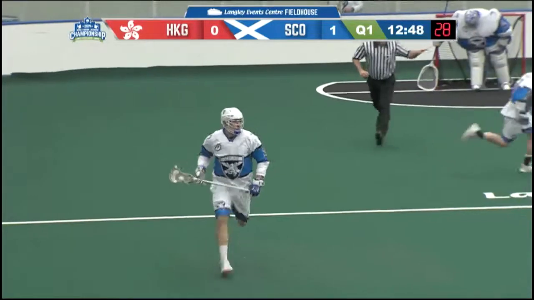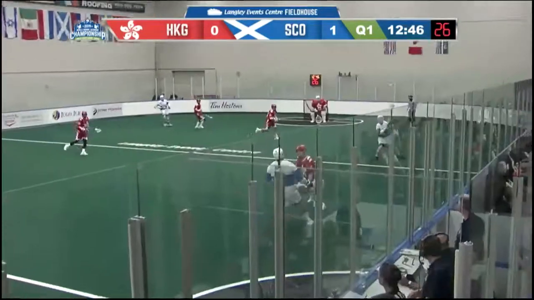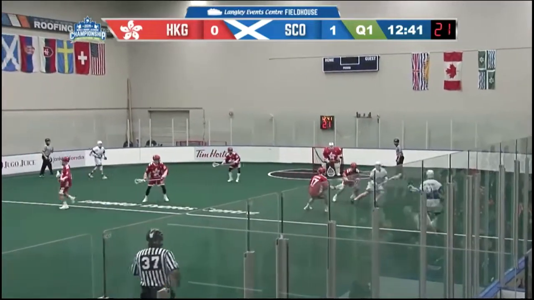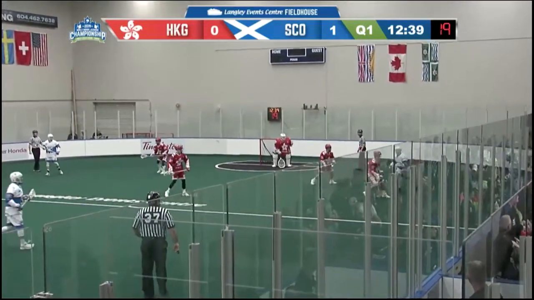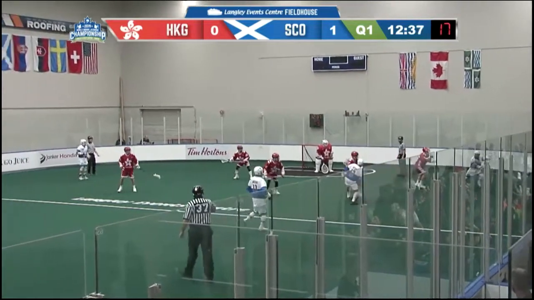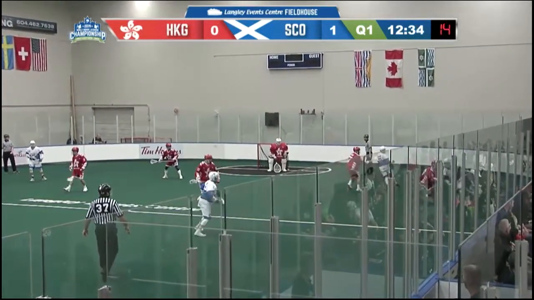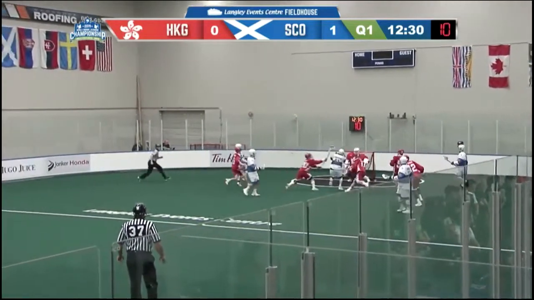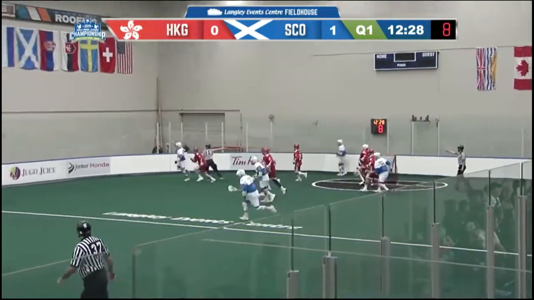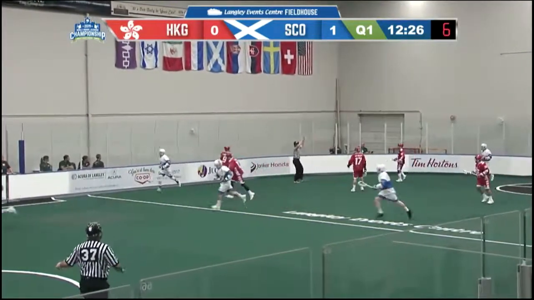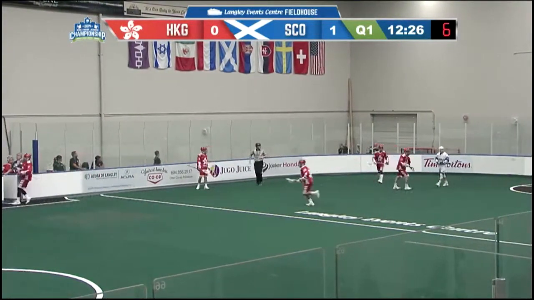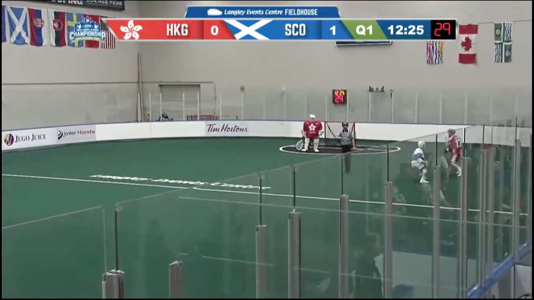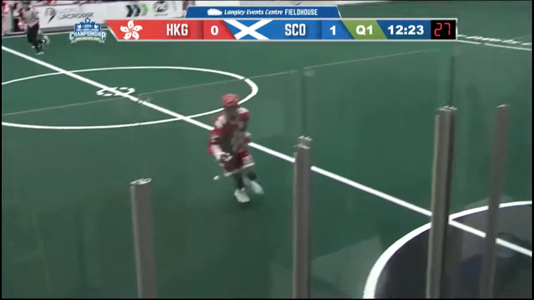Coe letting it go as Scotland gets over center. Pass along the right side for Beck, handled off the right boards. Beck moving it back, now along the right side. Pachi-Eski looking around, being checked, but still with possession, heading back toward the goal, center of the floor. Pachi-Eski sends a shot high and over Chow, bouncing up and out of play in front of the scorer's table. As Hong Kong will take possession deep.